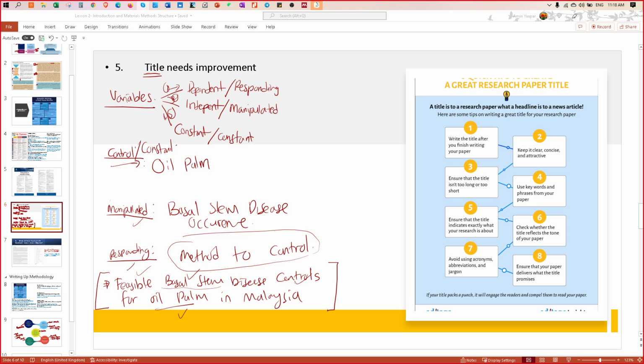So your organism is oil palm. There's only one variety, right? Or is it more? Only oil palm. Okay. So your independent variables are different types of soils. Where is the location of your study? The whole Peninsula Malaysia. That's very big. Maybe the Southern region. Yeah, maybe you want to focus a bit more.